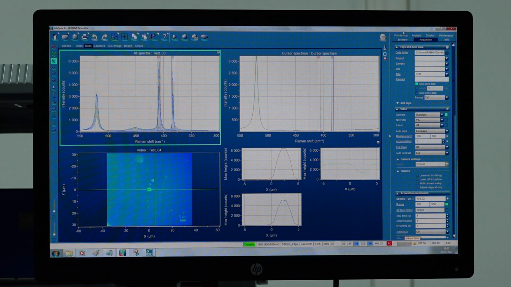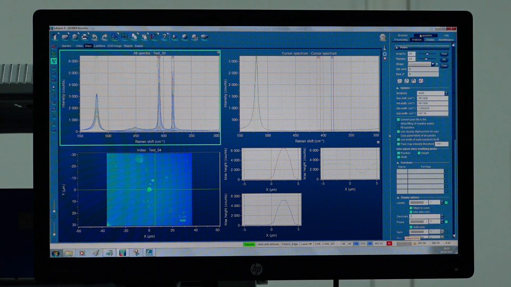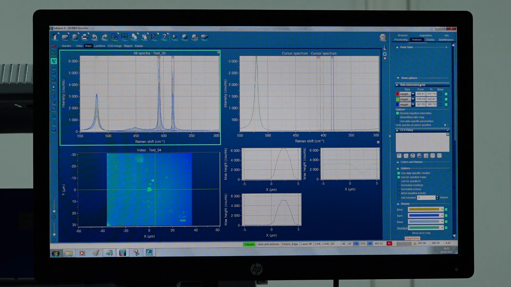So to do that, we will go to the analysis tab on the top right corner and we will go to map characterization. For all these three cursors that we selected, which were red, green and violet, we can select what parameter we want to observe about that Raman signal.